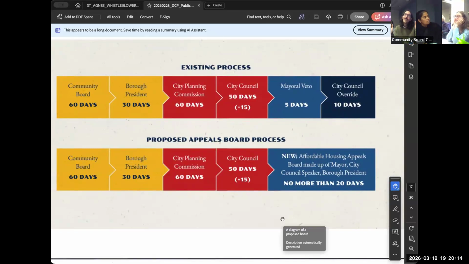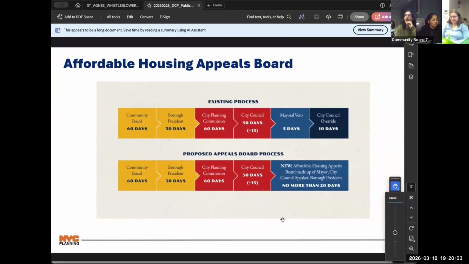So it's slightly longer than the existing system, but it rebalances things. And this one is kind of my favorite because we've actually already seen this play a role. Some of you might be familiar with Vicky Palladino, who is a council member in Queens. She just voted in favor of a project that includes affordable housing in her district. And she said the reason she was voting in favor of it is because if she voted against it, Donovan Richards and the mayor and potentially the speaker were all in support of the project, and she was going to be overruled. So ELURP, there's already been 2 projects filed, and this one, we've already seen it at